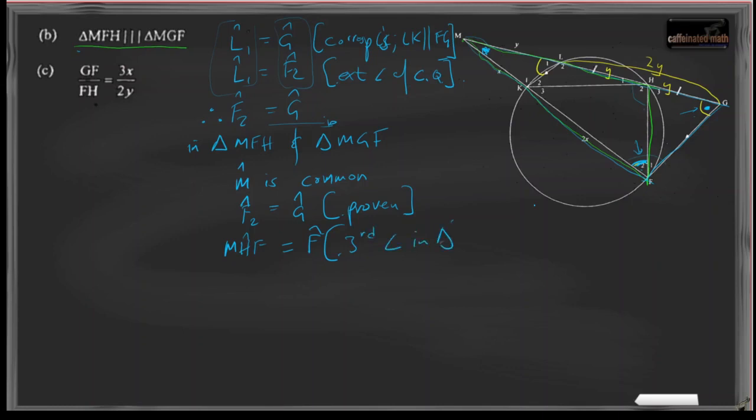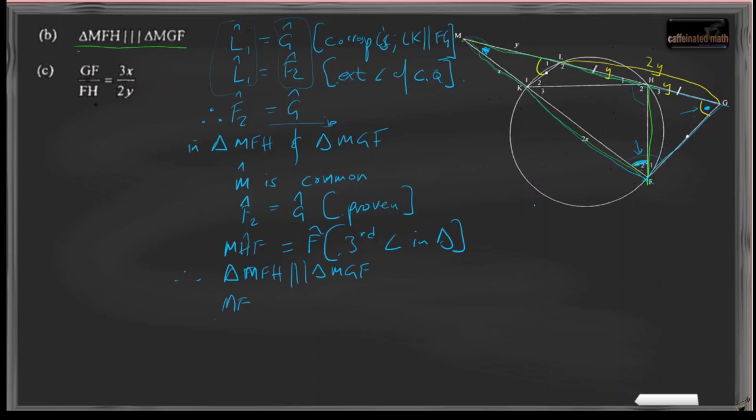Just for this proof, lastly, triangle MFH is similar to triangle MGF, which is what we want, which means we now have